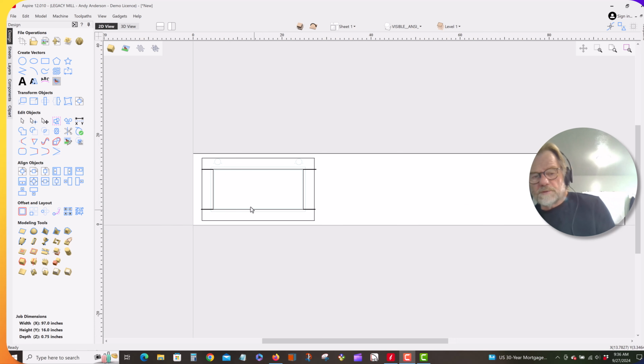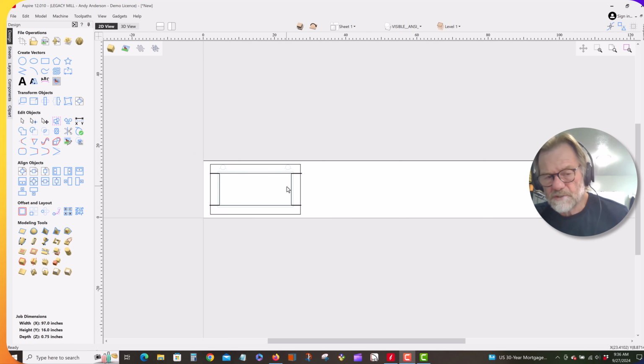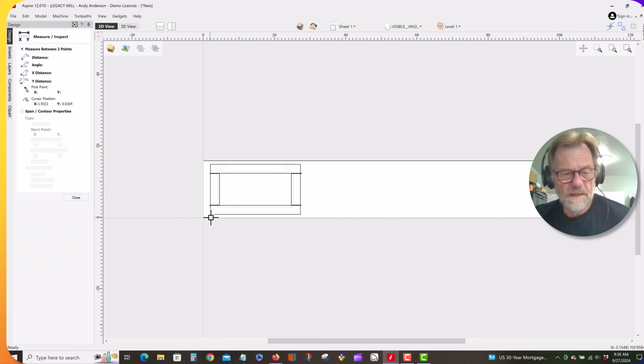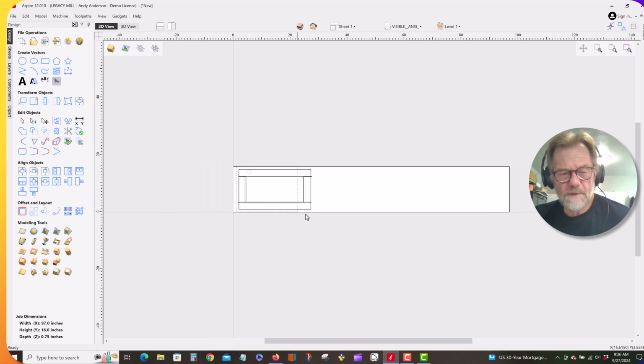The next step would be to decide, well, I don't want to make just one door. Let's use as much of this material as we can. So on the front side, I'm going to grab this. Well, let's do this. Let's take a measurement. And I think this is about 25 1/4. Yep, it's 25 1/4. So I'm going to grab this, and I'm going to use this little tool over here,